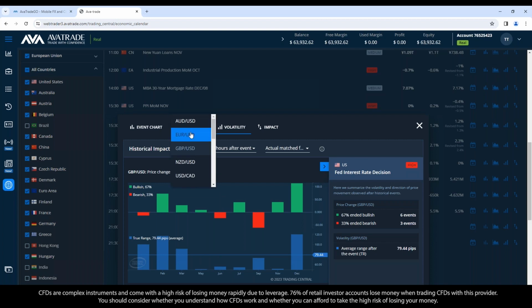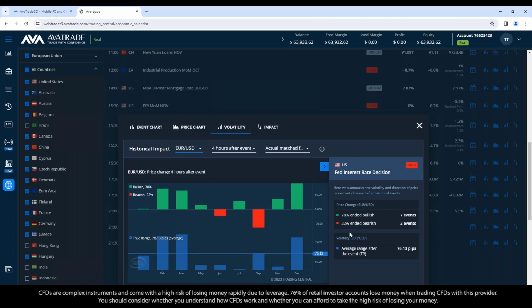We could look at EUR/USD. Okay, 78% of the time, even more consistent movement. And this is the one maybe I would have chosen the trade on, because looking at the past data, it was the highest percentage in terms of being able to try and guess which way this will go if it comes in as expected. Okay, if it came in matching the forecast, which it did, you see in the past, the vast majority of the time it went up after the rate decision came in as expected, and again, this time it did. Okay, so it would have been an easy way to trade.